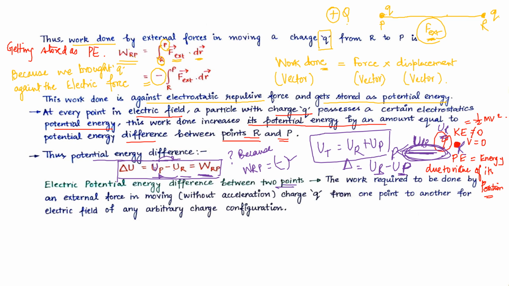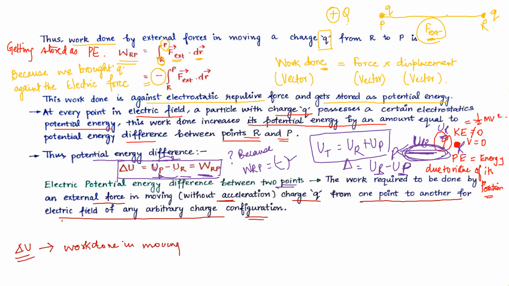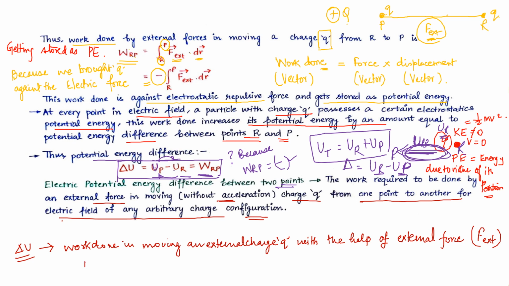The work required to be done by an external force in moving a charge q without acceleration from one point to another, for the electric field of any arbitrary charge configuration, is the potential energy difference del U. That is defined as the work done in moving a charge q with the help of an external force, but the condition is without acceleration,